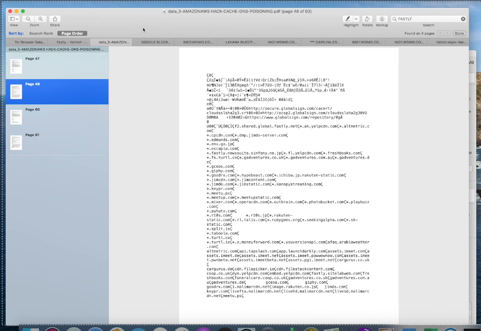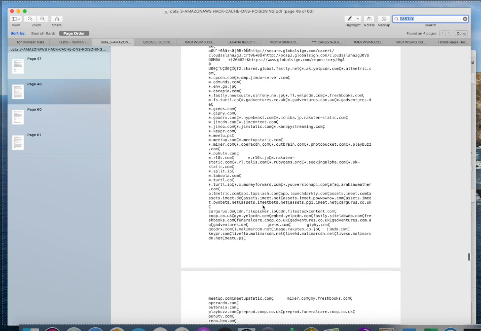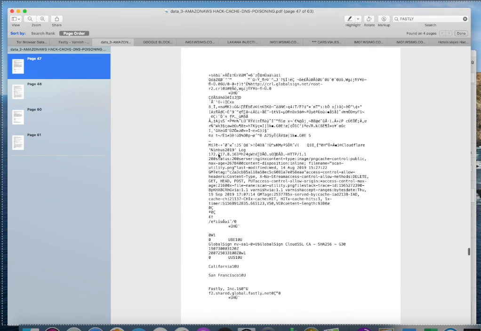Now, this is that data 3 file I just discovered 2 days ago, and FASTLY is in this 63-page document on 4 pages. They're still in. There's Varnish. Varnish, FASTLY.